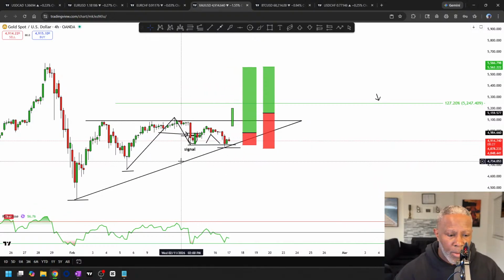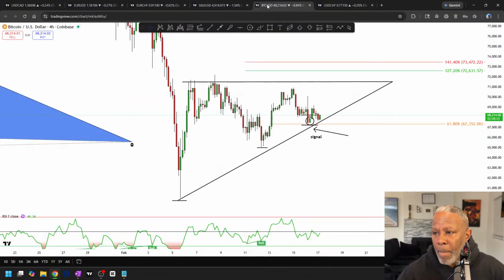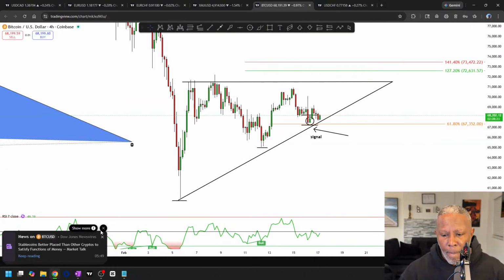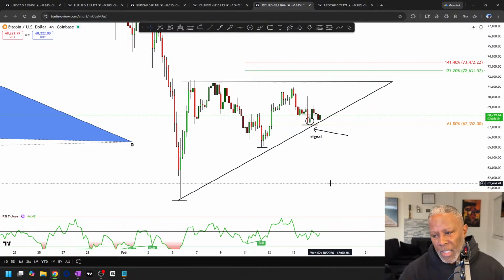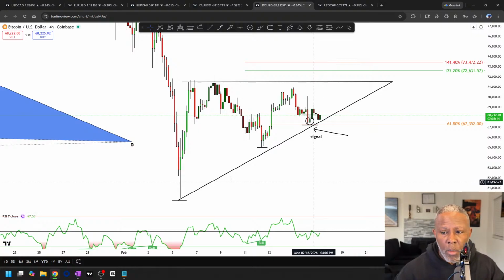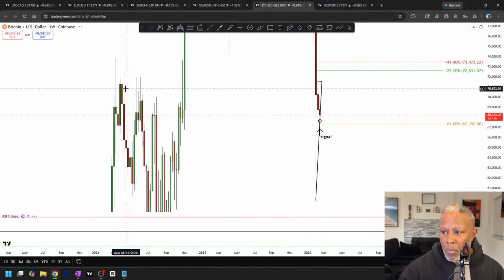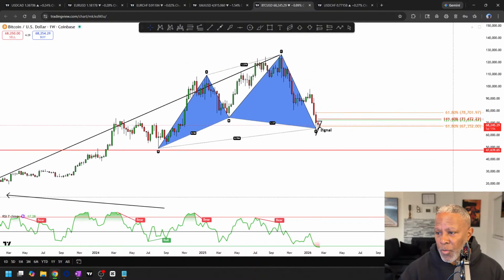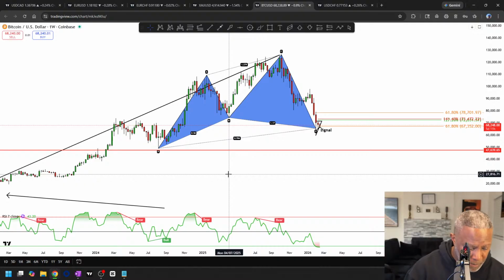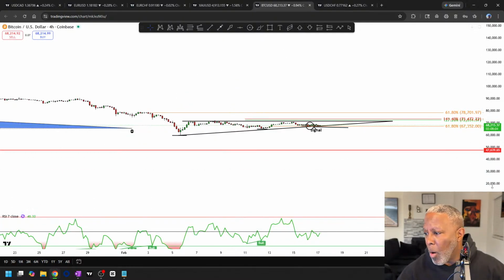I'm not going to forget about your cipher question. Bitcoin, same thing. So we got 6 examples, right? Bitcoin, ascending triangle. A lot of people have seen this. So there's a couple of things going on here. One, of course, one of the main things is we're dealing with some structures from the Bitcoin cipher. But coming back to where we are,